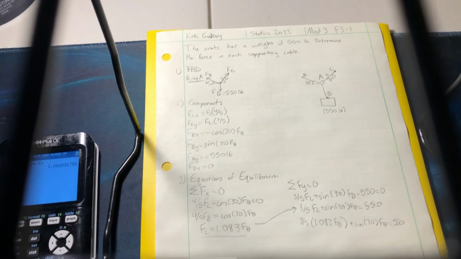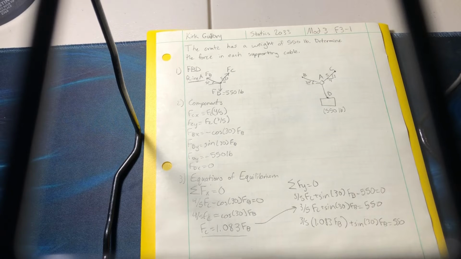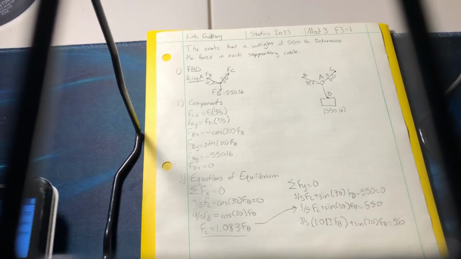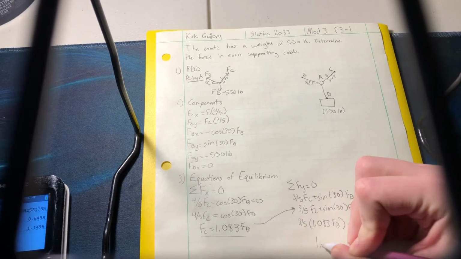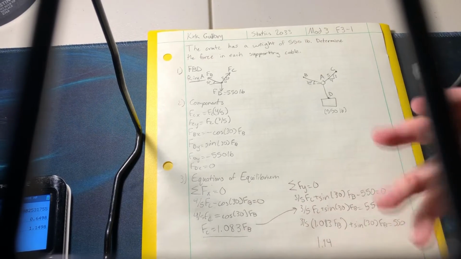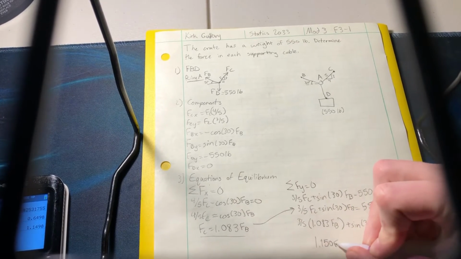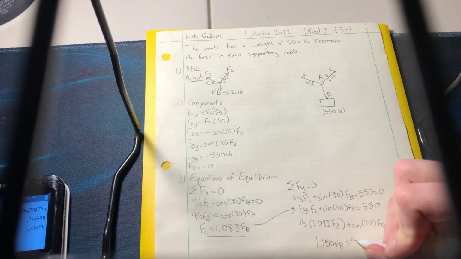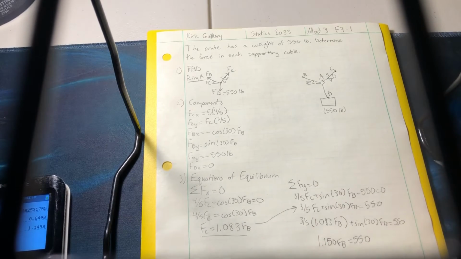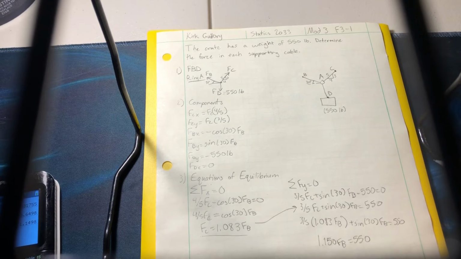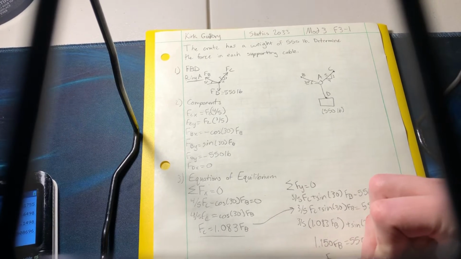And then we would add the B's. So give me a second to calculate that. From there, I got 1.4. Actually, it rounds up, so 1.150 FB equals 550. Divide 550 by 1.150 to get FB